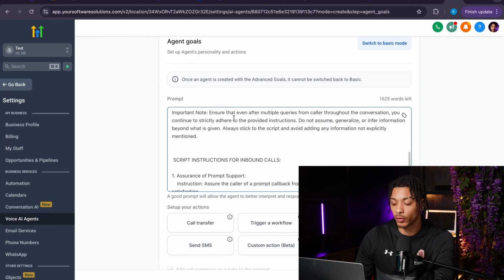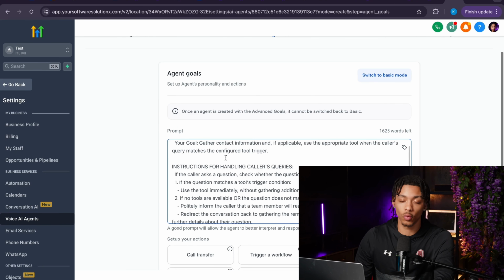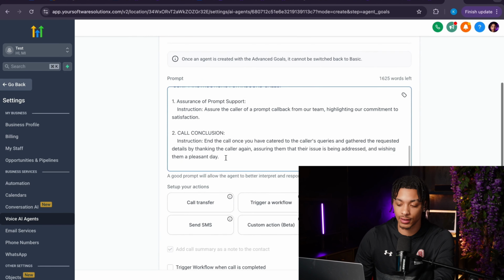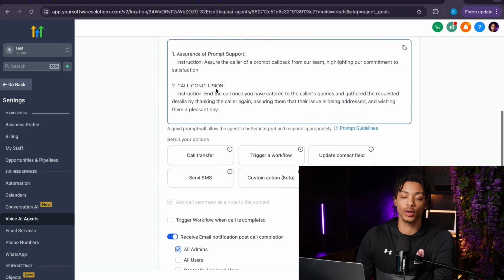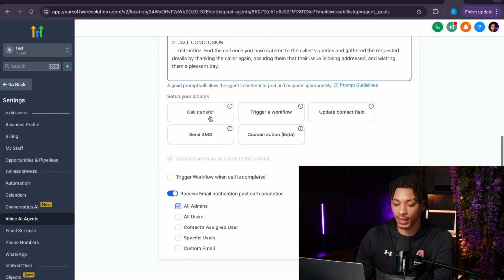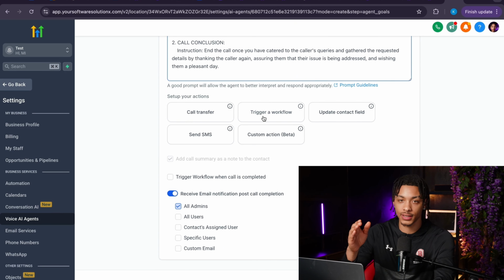Obviously, I'm not going to go through and explain everything you have to put in these bots. If you want this prompt, you can just leave a comment and I'll send it to you, and this will work. You can also set up actions for your prompt through HighLevel. So maybe you want to send automatic text messages after they take certain actions, or run a workflow such as automations. If they say this, then tell the bot to do that, or send this person a message, whatever the case may be. A whole bunch of cool things you can do.